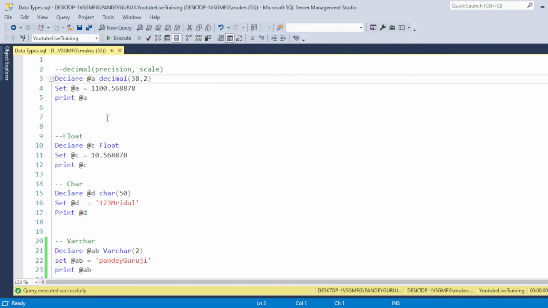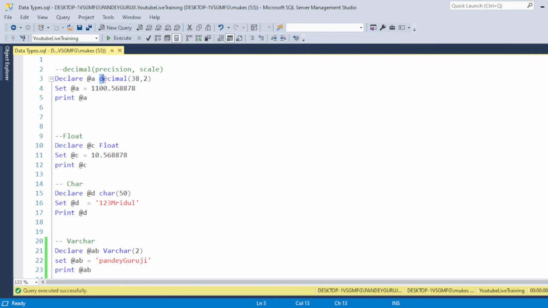In the same way, if you have to move data from one place to another, or if you want to store some value, we need to create a variable. Whenever we declare a variable, you need to write the syntax DECLARE and then the variable name. It always starts with @, so @a is the variable name.